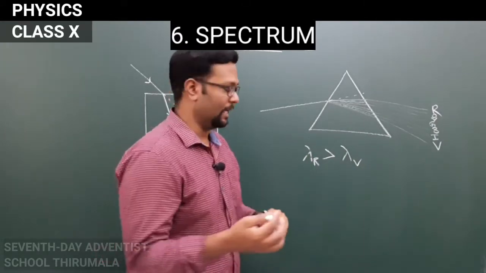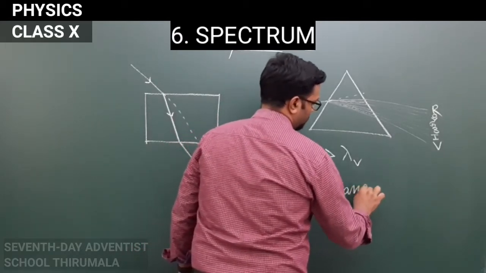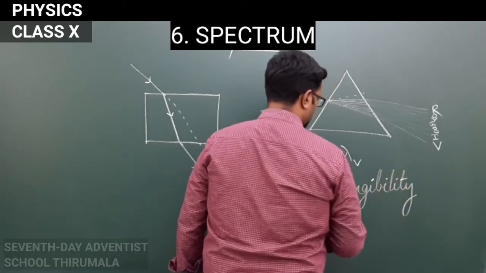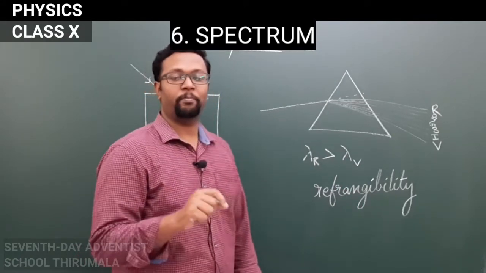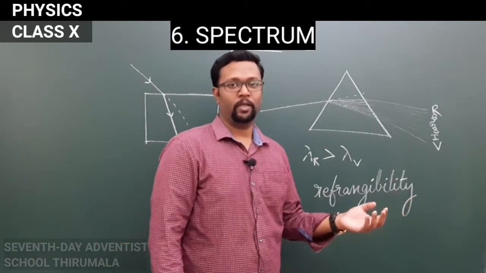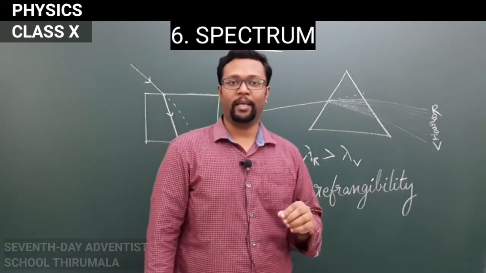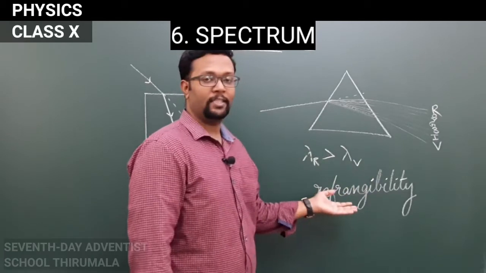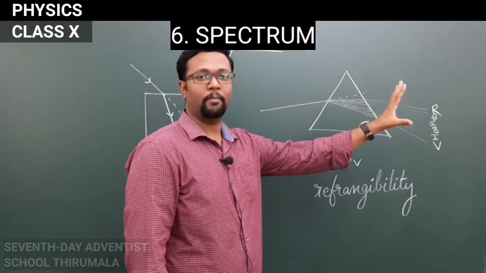To make it more technical, we use the term refrangibility. Refrangibility is the angle through which a light ray of a particular wavelength can deviate while passing through a prism. What is refrangibility? It is the angle through which a light ray of a particular wavelength can deviate while passing through a prism. Due to the difference in refrangibility, the light rays will split into their component colors, especially